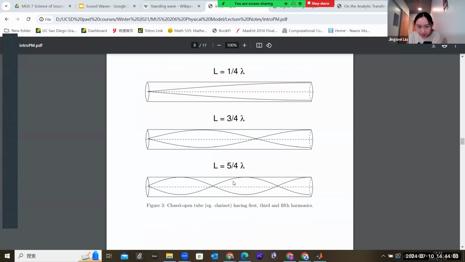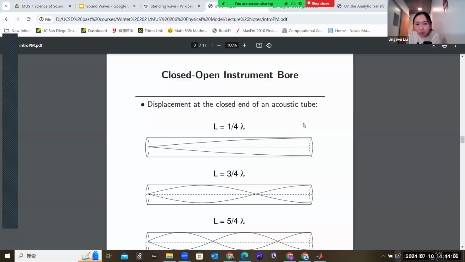The difference is that for string, the movement is given by the displacement of the string, but for this kind of tube or pipe bore instrument, the pressure is given by the compression of air. Okay, it's like the displacement of the air in the tube, but for string it is the displacement of the string itself. So here you can see the only harmonics that will exist are like this: 1/4 lambda, 3 over 4 lambda,